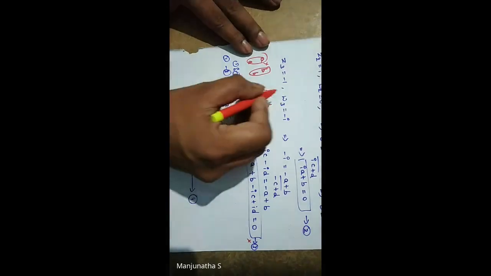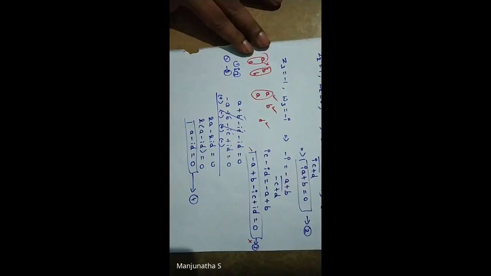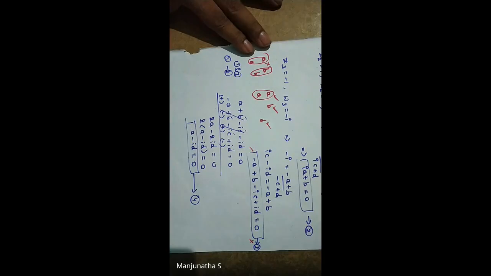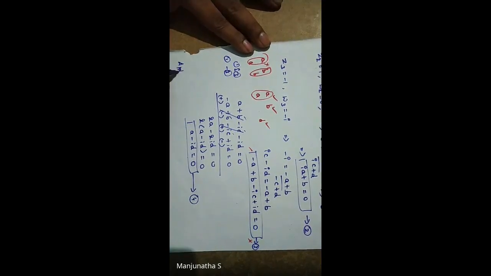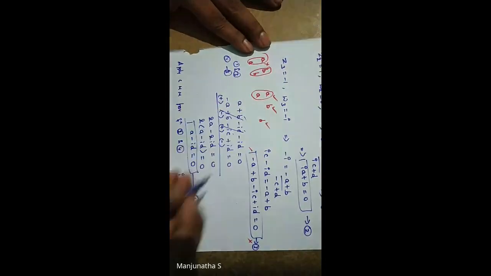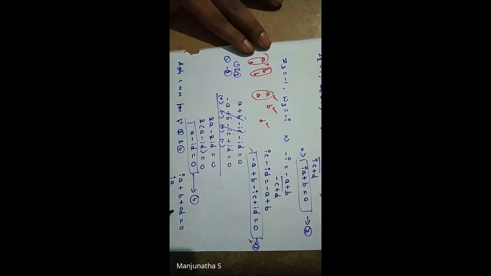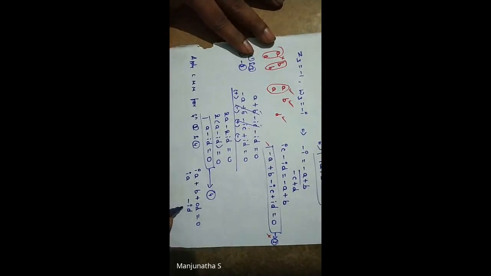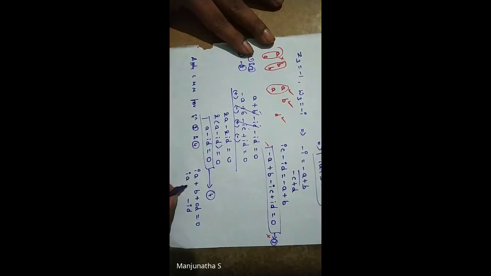Yes, it is there. So when I count 1, 2, 3, yes, 3 is there. So I can apply the cross multiplication method for equations 2 and 4. So what is equation number 2? iA plus B. What is there next? D is there. So plus 0D is equal to 0. Next, iA minus iD, very important. Below that coefficient, we need to write A minus iD. Here, 0B is equal to 0.